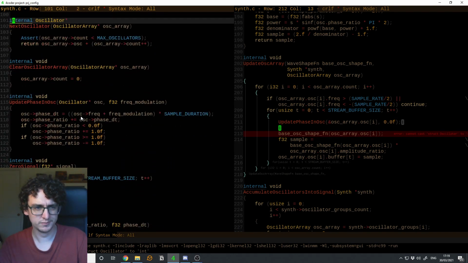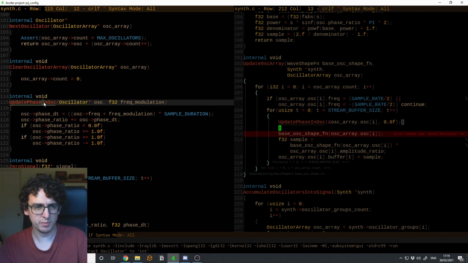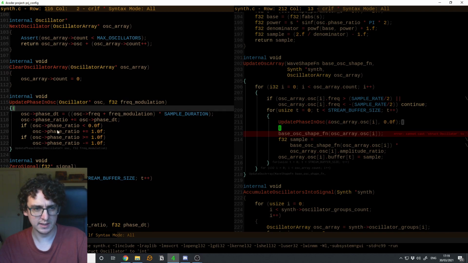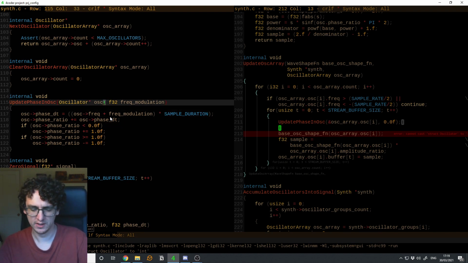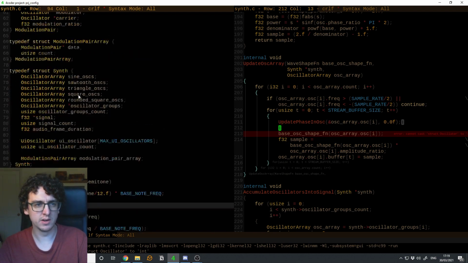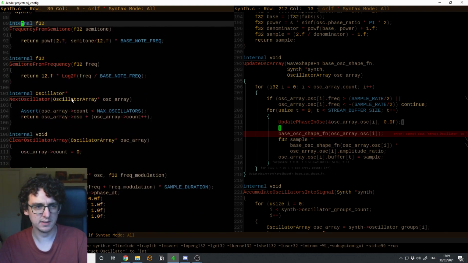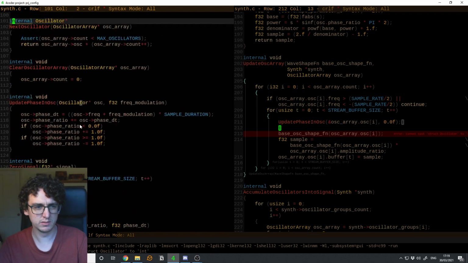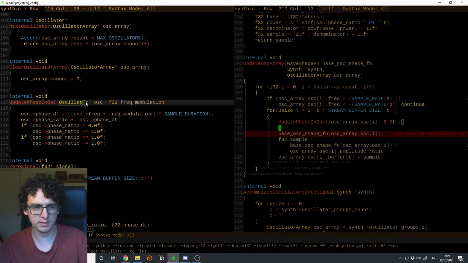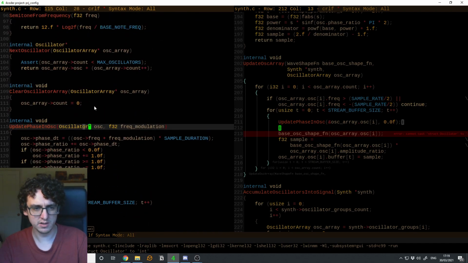So probably what we're going to have to do here is not pass in, yeah, all right. I'm not going to pass in the whole oscillator now because that's a lot of data to pass in. And I guess it does want a pointer. So instead, it's just going to get